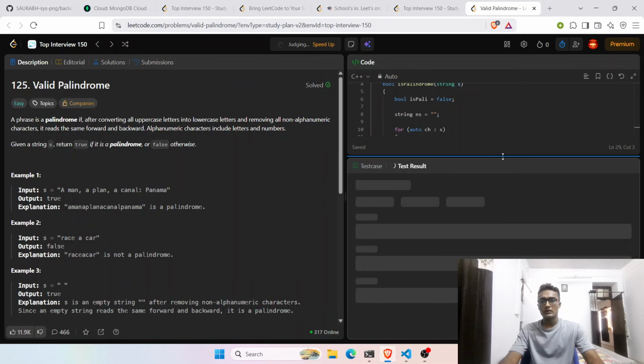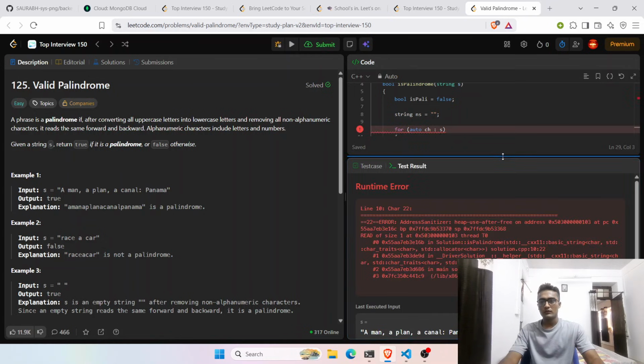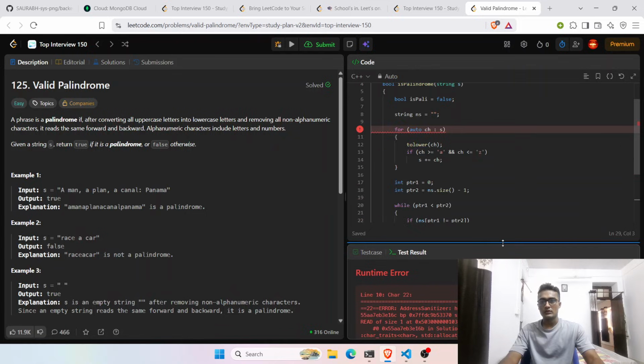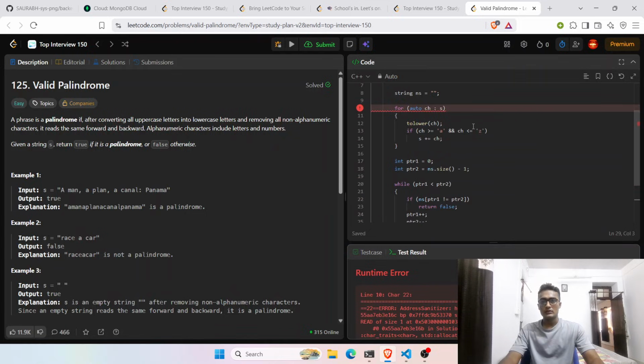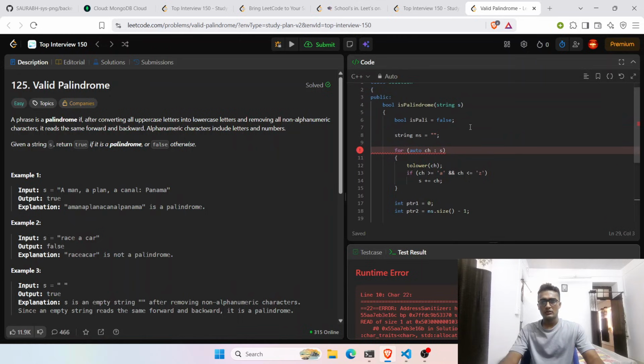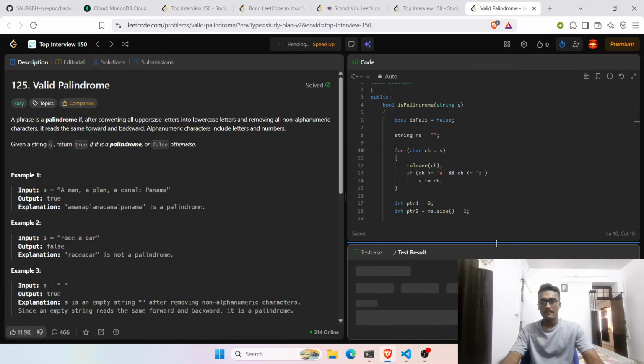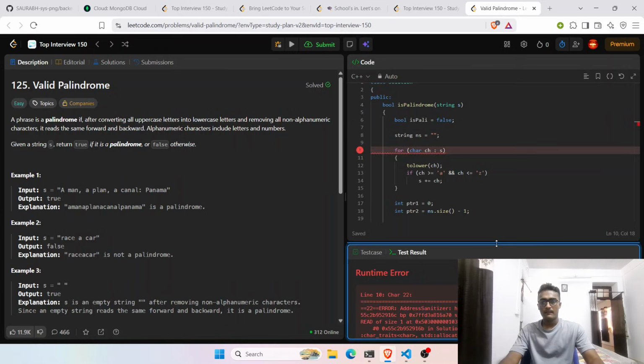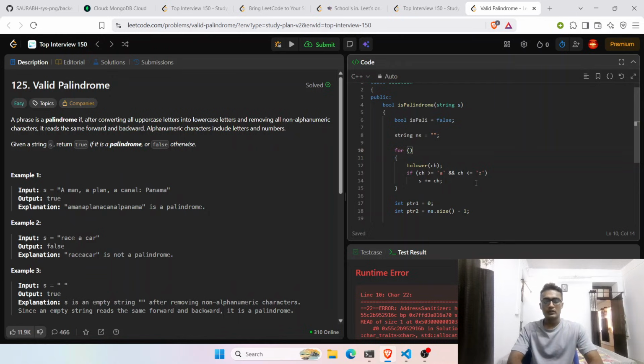Let us see. Okay, buffer overflow, heap use after free on address. Auto character ch in the string. क्या आ रहा है? heap use after. ठीक है, तो एक सेकेंड